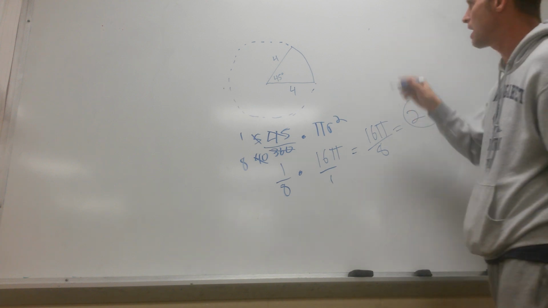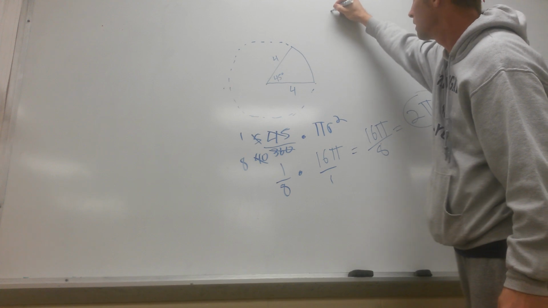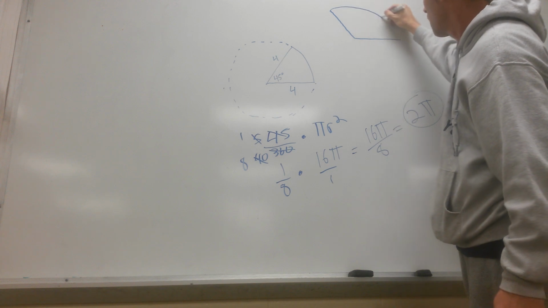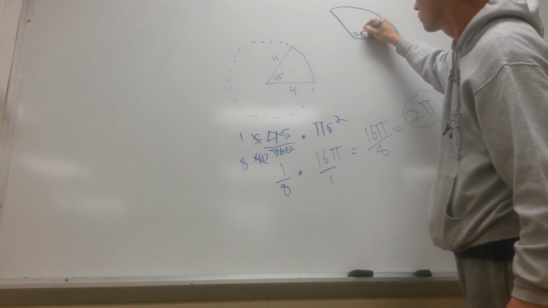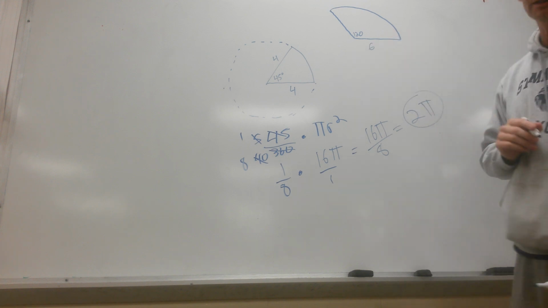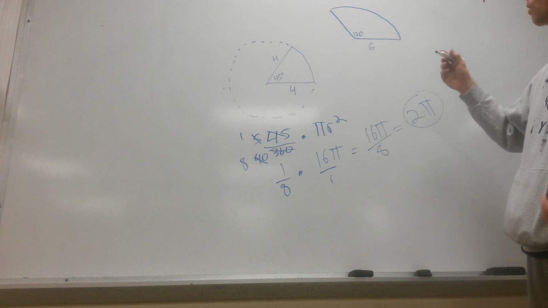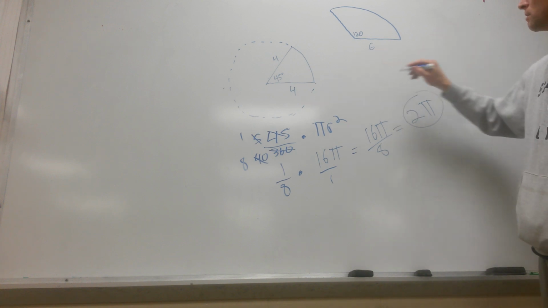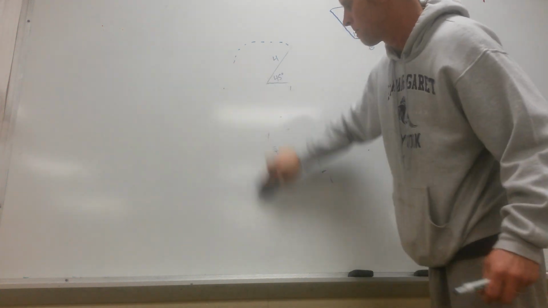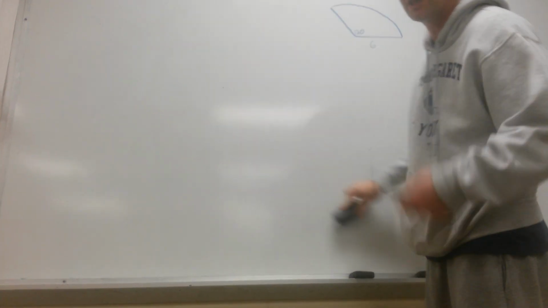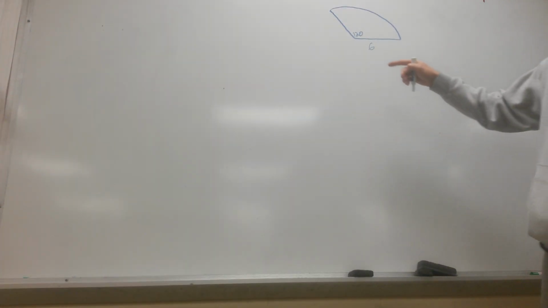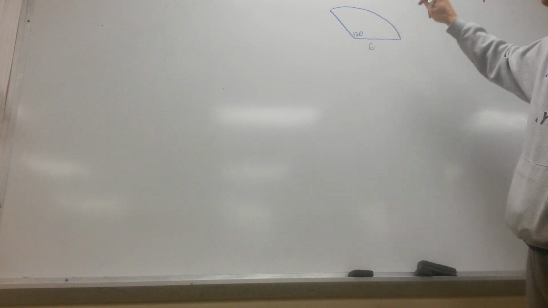Do one more really fast. All right, let's go like that, and like that, and like that. I'm going to say that's 120 degrees. And let's say the radius is 6. All right, well, what do I have? Let me erase this right here. See, you get the whole video. You get the erasing and all that part, right? You don't get the edited version. We don't want all that. All right, so